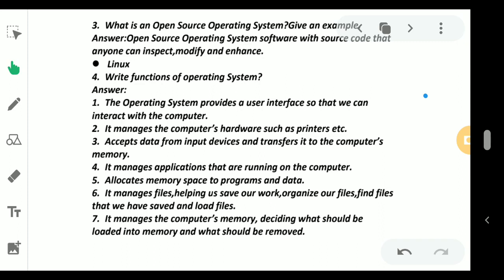It manages the computer's memory, deciding what should be loaded into the memory and what should be removed. It might happen that we don't need all the instructions as a whole at the time of processing. So a few parts of a process or a few parts of the information are needed at this point of time. So they are taken from the memory and we work on them. After this part of the memory work is finished, it is removed, and the next part of the information is taken out from the memory. This is also done over here. And another thing is that